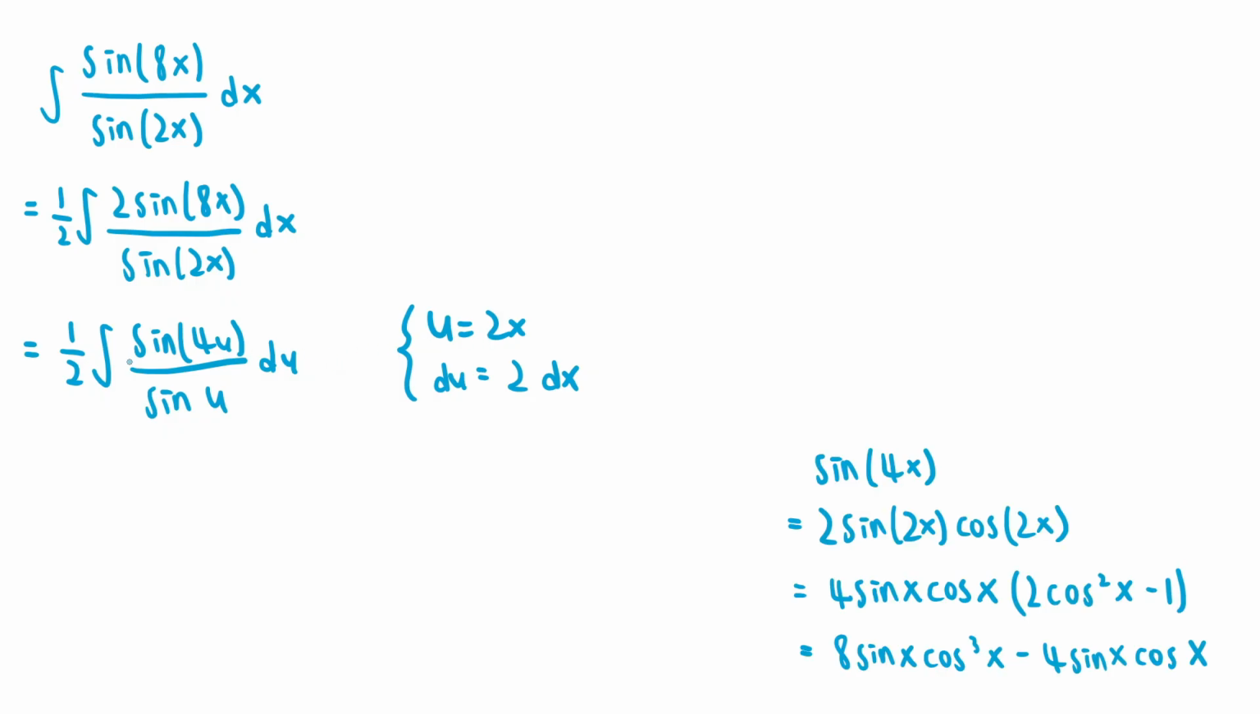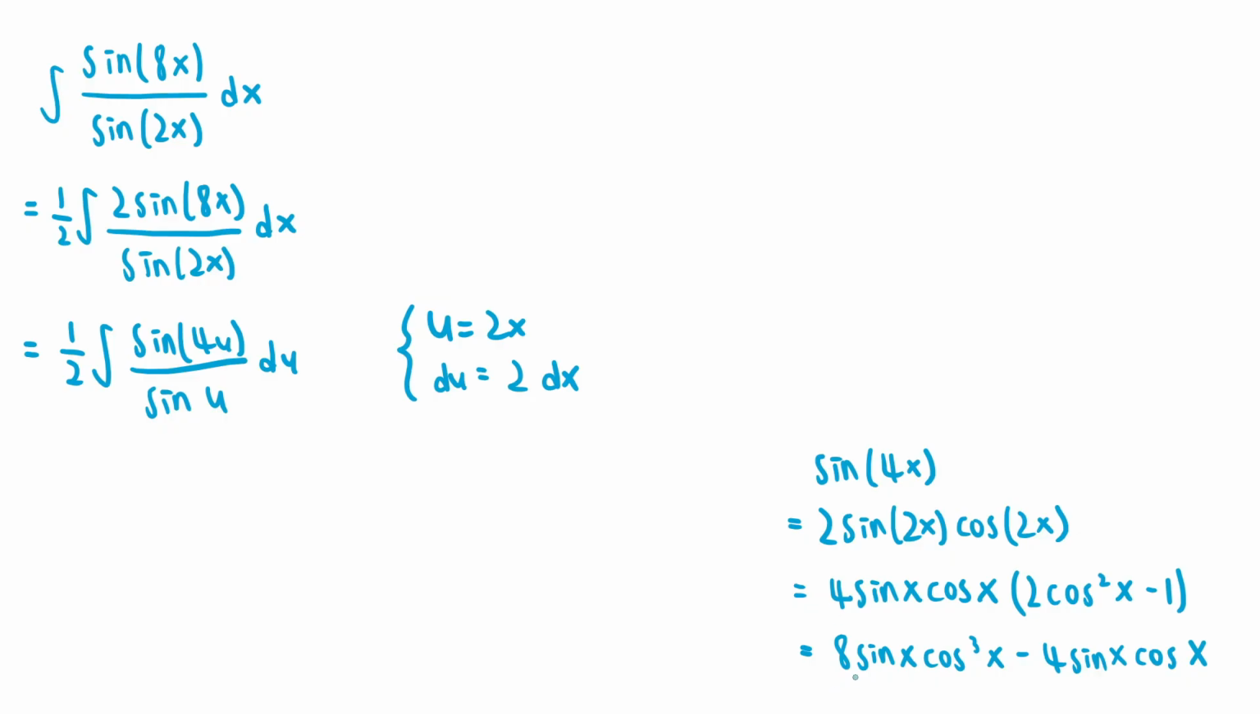So we should now rewrite the sine of 4u term in a more workable form using the identity sine of 4x equals 8 sine of x cosine cubed of x minus 4 sine of x cosine of x. We basically got the formula for sine of 4x by first applying the double angle formula to rewrite it as 2 sine of 2x cosine of 2x, then using the double angle identities for sine of 2x and cosine of 2x to rewrite the entire expression, and once we simplify the result, we get